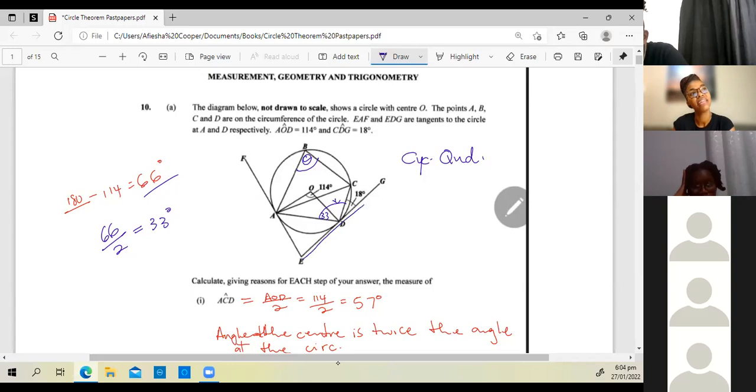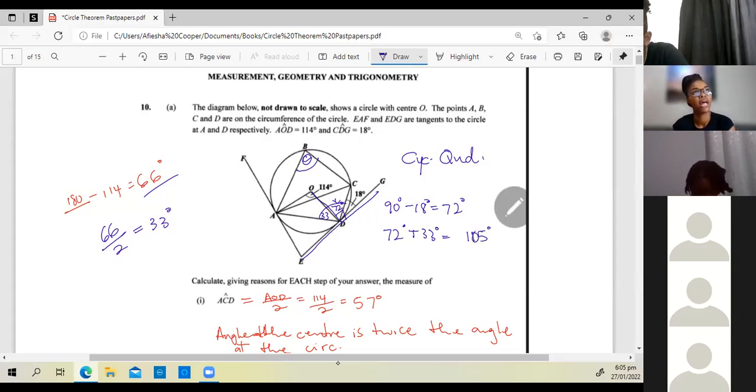What forms between a tangent and a radius? A 90-degree angle. So therefore we have to say 90 subtract 18, which is 72 degrees. So this is 72 degrees. So how much is the total? 72 degrees plus 33 degrees, which is